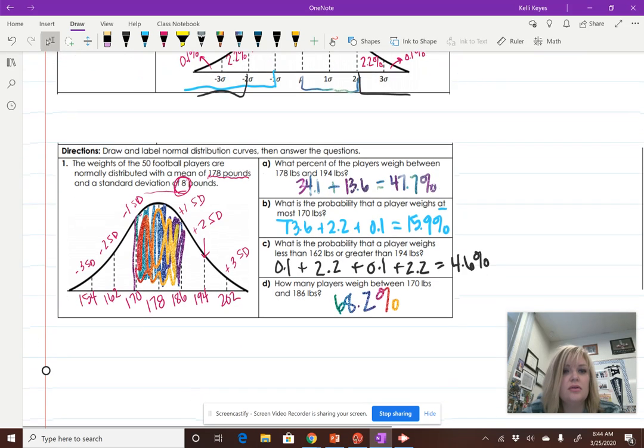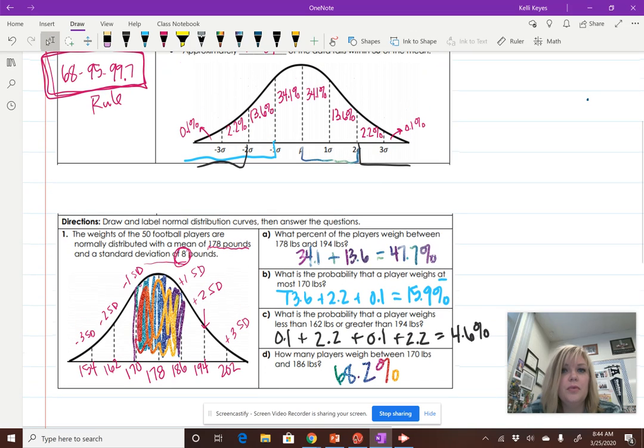Okay, so I want you to use your notes, practice just reading the normal curve, understanding how to label it, things like that. And there's an assignment on quizzes that you can take as many times as you need until you fully understand this. And if you have questions, please